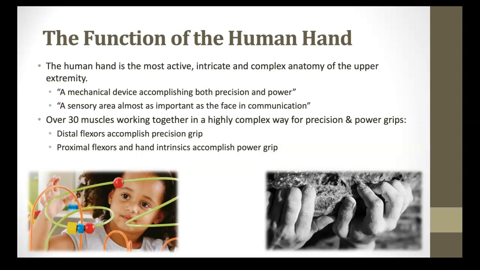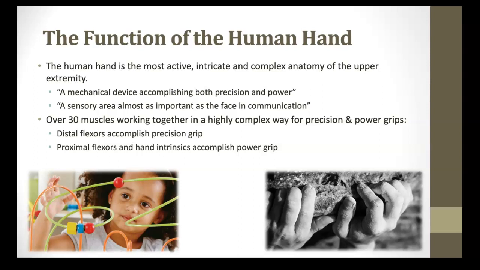Then we moved distal to the elbow, where we said the elbow was one of the most stable joints in the body. Most of its stability, 50% of that stability came from bony process. The other 50% of that came from ligamentous stability, right? And then we're finally at the distal part of the upper extremity, and we're going to group the joints together, the wrist, the hand, and the fingers, which really are the final links in